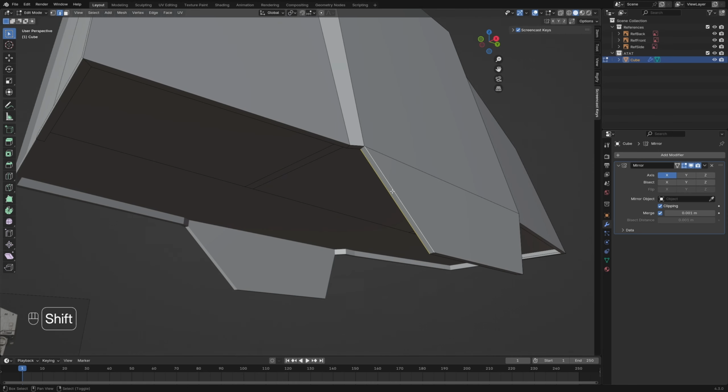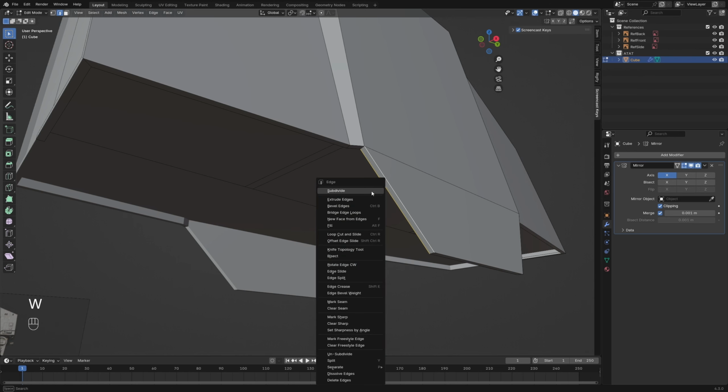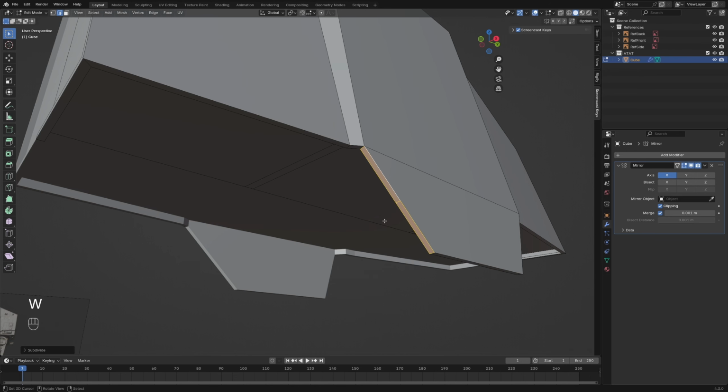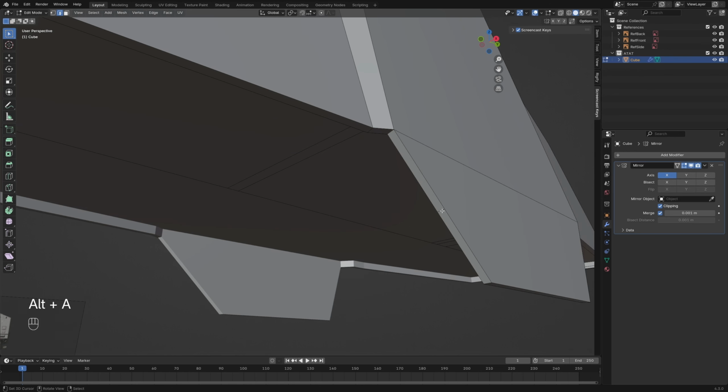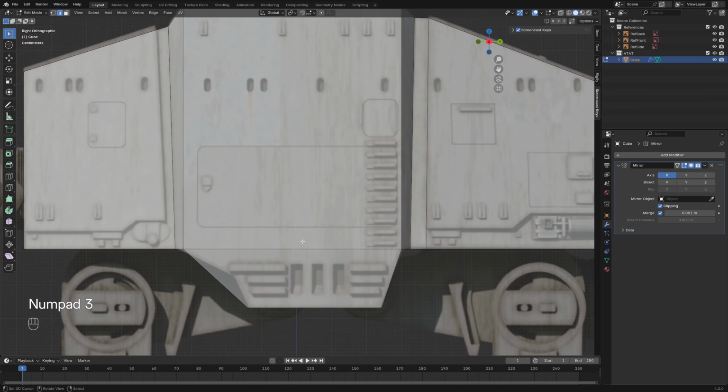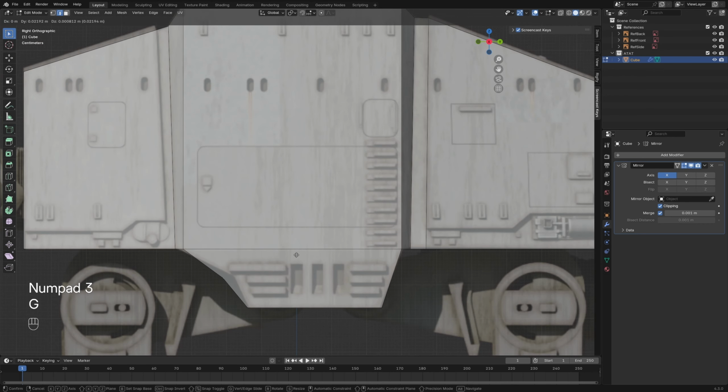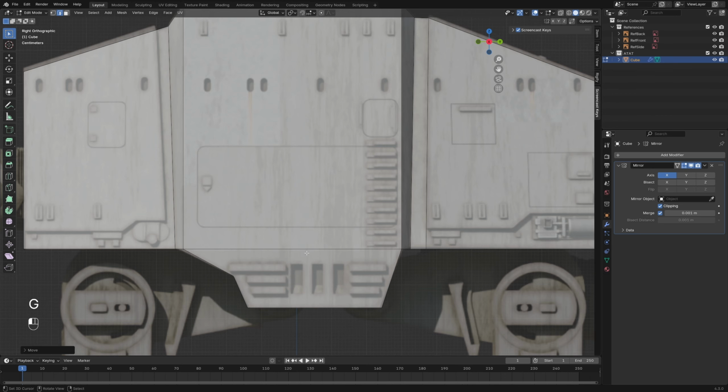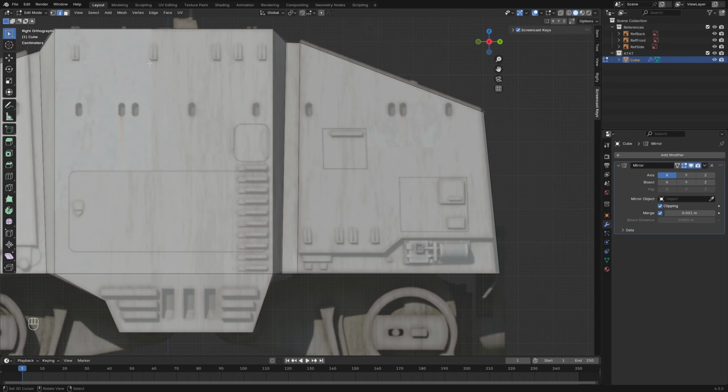And select these two edges and press W and subdivide. It creates another edge here on the side, and we can go to side view once again, and with G we can align it with our model. Next we need to go to vertex select mode and press K